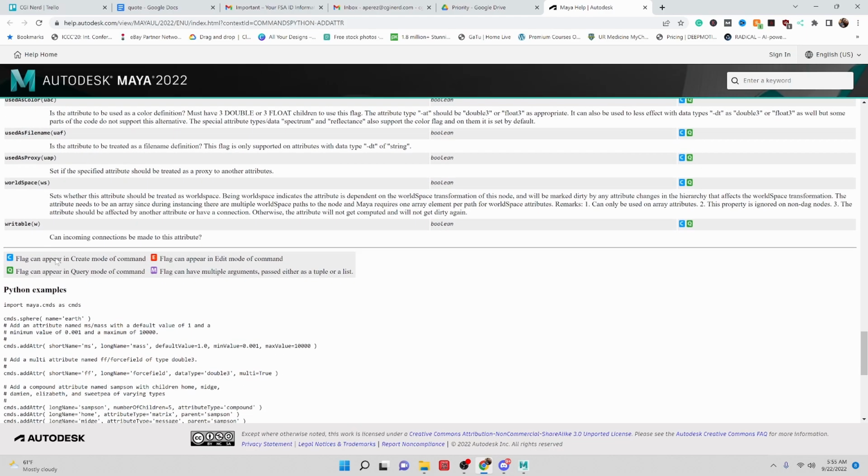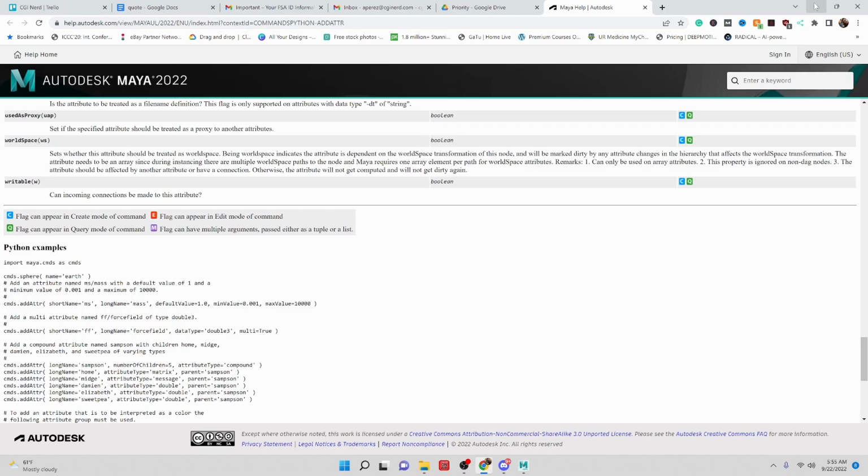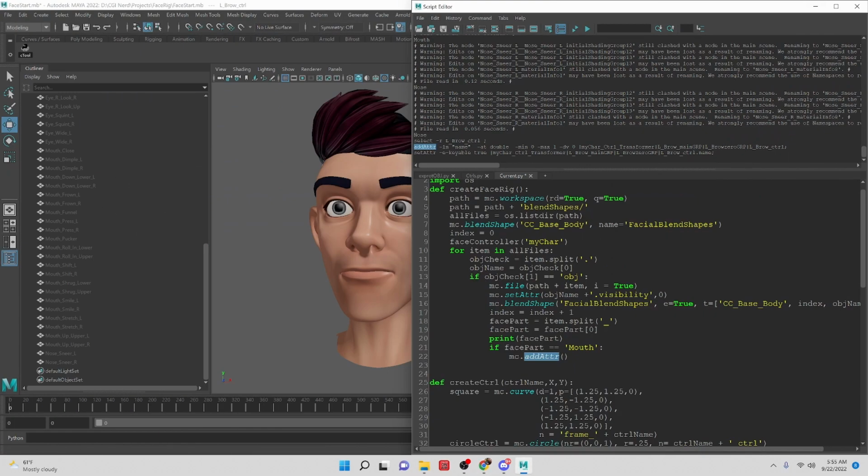So that's why there's an L and an N before it. So we're just going to have a long name, ln is equal to item. Then it's going to be min is equal to 0, max is going to be equal to 0, and